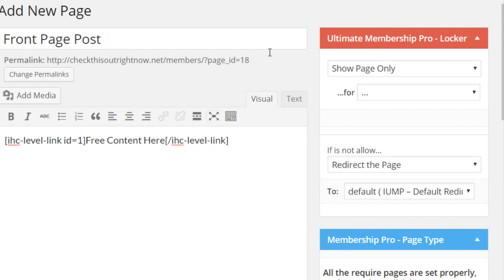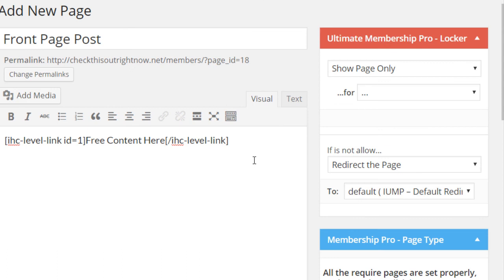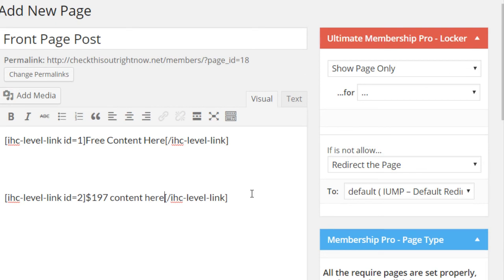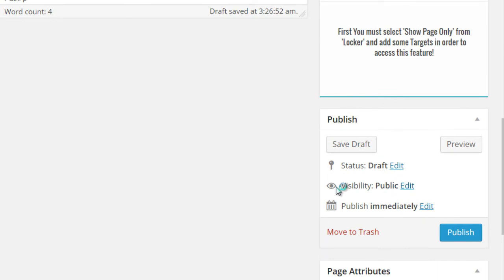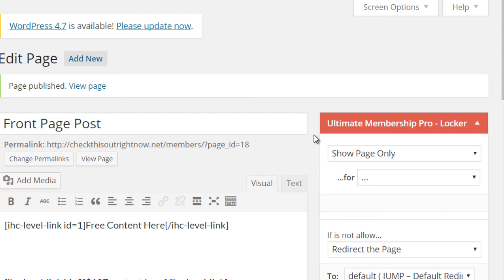And you can add videos, you can add audios, you can add whatever you want as free content. But then over here, we have the front end offer. And if you do this, you put this shortcode equals 2, then only people that are on the front end $197 offer actually see this content here. And the same goes with other levels as well. If you do that to other levels, only they will actually be able to see that information. So that's how easy it is literally to create content, to make it drip fed,